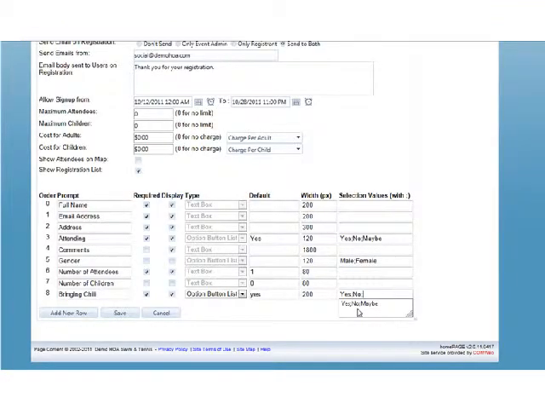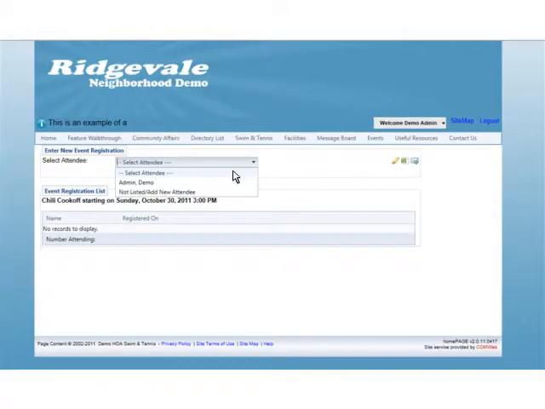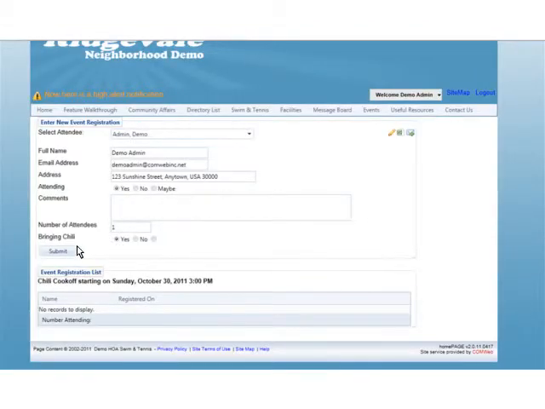If you want to add another prompt, let's say you want to know if they're coming for the chili cook-off. So we're going to say bringing chili, and we're going to use an option button. The default will be yes, of course, and the selection values would be yes, no, and maybe. You can see that mine are already in here. So yes, no, maybe,